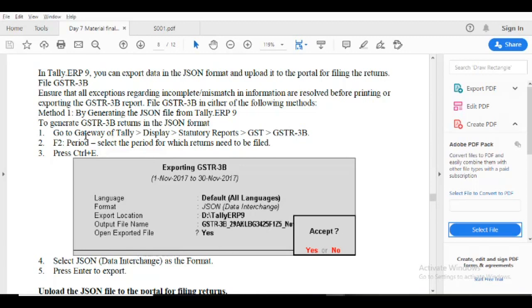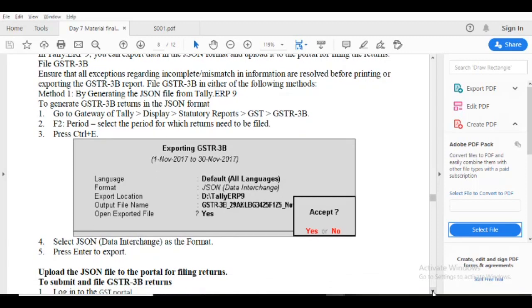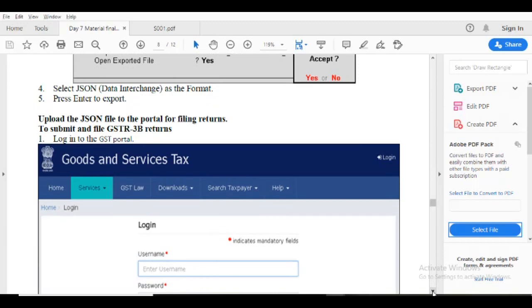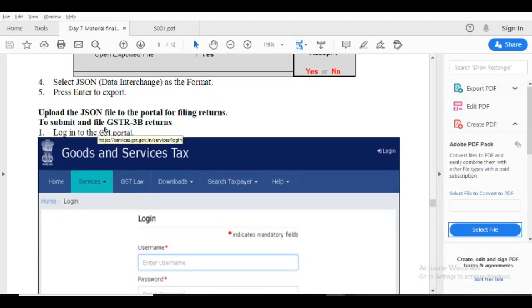This is how you export your JSON file from Tally data. It is saved in Tally ERP 9 folder. The name is GSTR3B, like that 29AK, where 29 means the Karnataka state GST number. This example involves Karnataka state. Then we open how to submit and file the GSTR3B return. Log into the GST portal first.